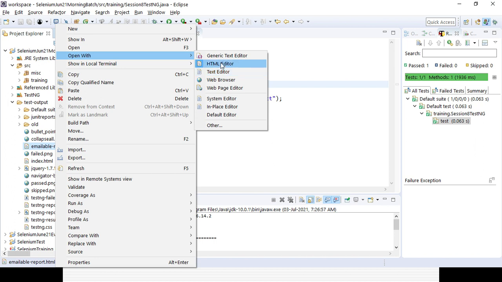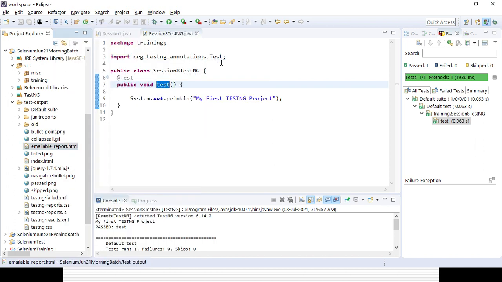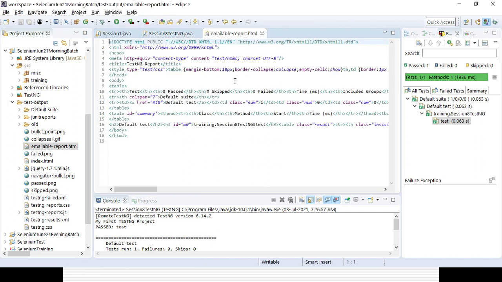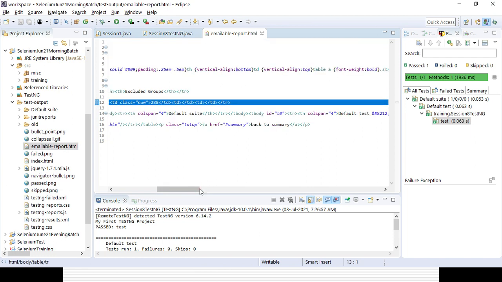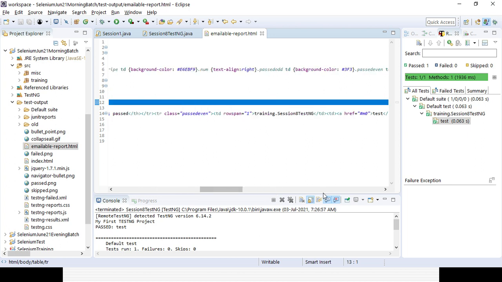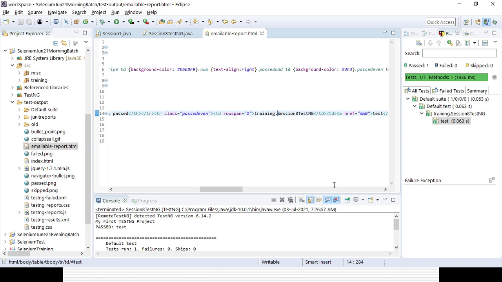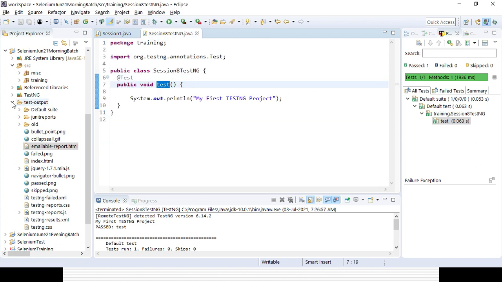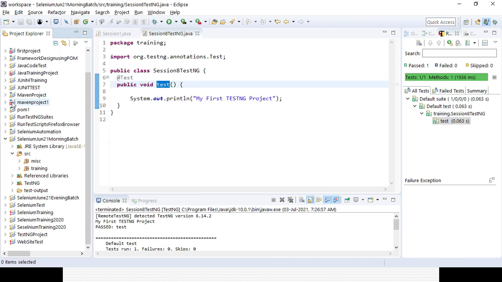So if you open it with the help of an HTML text editor, you can see here emailable-report.html, right? It will give you a holistic picture of how many test cases pass, fail, like that. So let's open it. Yeah, you can see here the total summary. You can also get it. That is your class name, package name dot class name, and that is the method name test, right? So you can get different parts from the TestNG report, which is available once you run the test. But every time you run it, your test-output folder will change based on the latest run, so it will not keep any history, right?